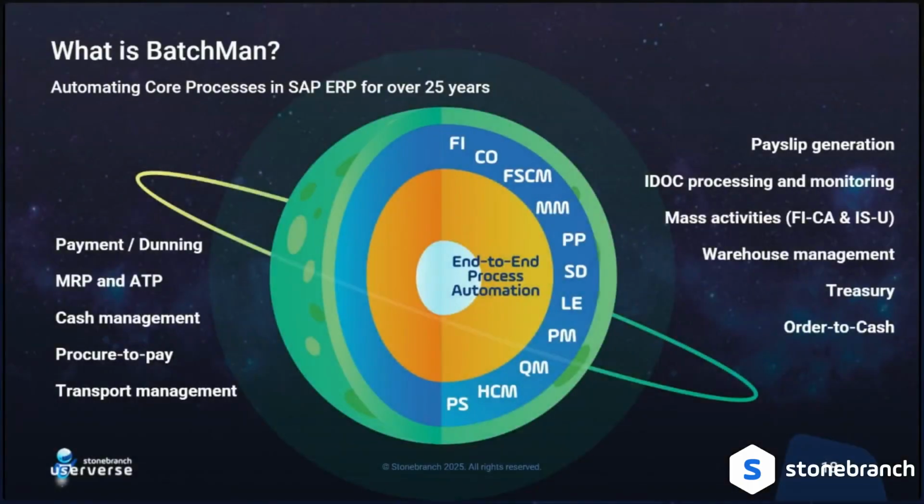So some of you might already know this. SAP is like this planet where a lot of processes are going on, and you have these different modules. SAP has its own language, like FI for finance, MM for material management, SD. These are the former modules. Today, it's called order to cash or procure to pay in the S4 environment. But in the end, SAP is all about the business process and the stakeholders and the business teams. And this is also where Batchman is, at the end of the day, targeted.